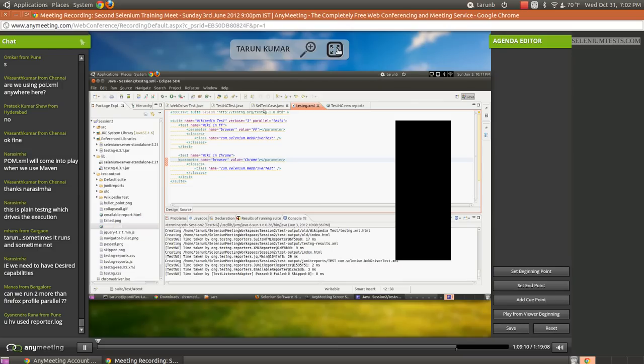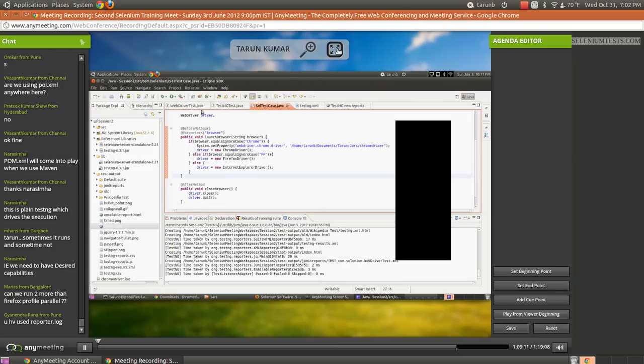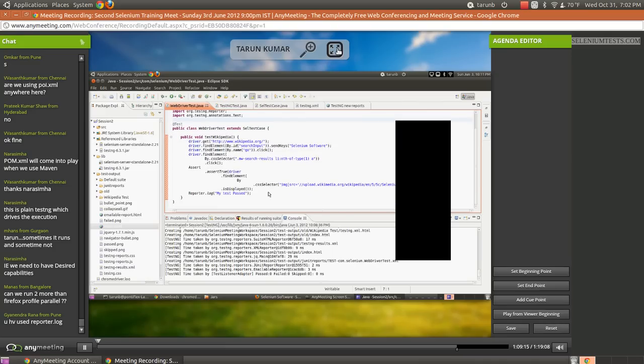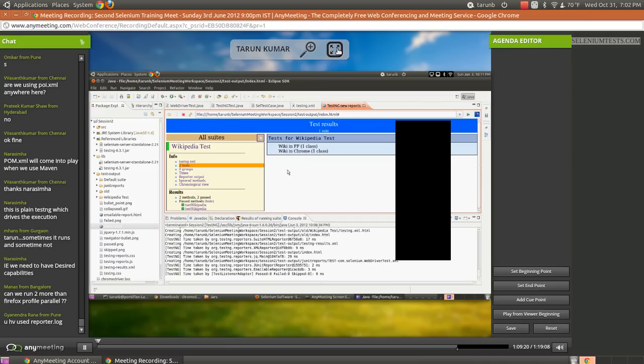I did not use Reporter.log. I don't recall, did I use it? Okay, this was here. Yeah, I had used Reporter.log. So this message must be printed somewhere in your test methods. Yeah, see, the reporter output is there. If you click the reporter output link, you can see the test Wikipedia has printed my test passed. That was just a dummy message I had printed, and this is another one which got printed out of two browser execution.